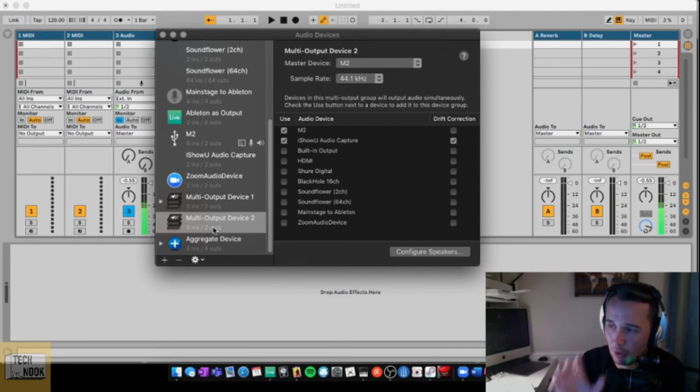So you want to set up your audio interface and some digital patch cable. I recommend iShowU Audio Capture for Mac right now, and put that output as the output for your digital audio workstation. And then in your teleconferencing software, you're going to set up the microphone as that digital patch cable, and that'll get your audio from your digital audio workstation to your teleconferencing software, and it'll broaden the opportunities